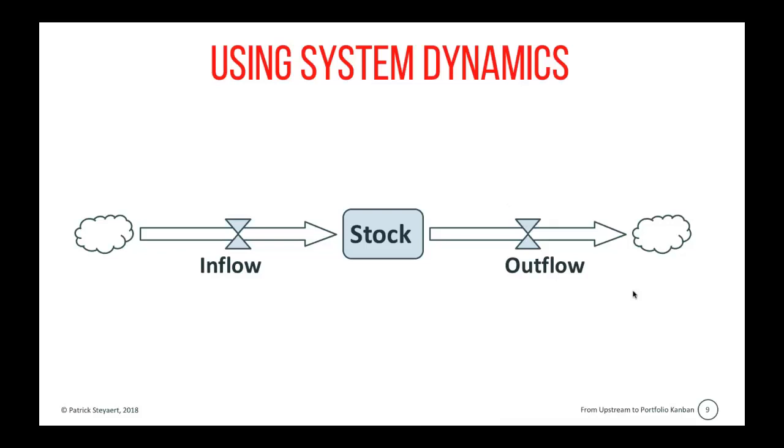So a very simple diagram here. We've got an inflow. That inflow fills the stock, and that outflow drains the stock. A simple example: we've got a population, which is the stock. The population is replenished by babies, so to speak, and that population is drained by diseases, by a certain death rate.